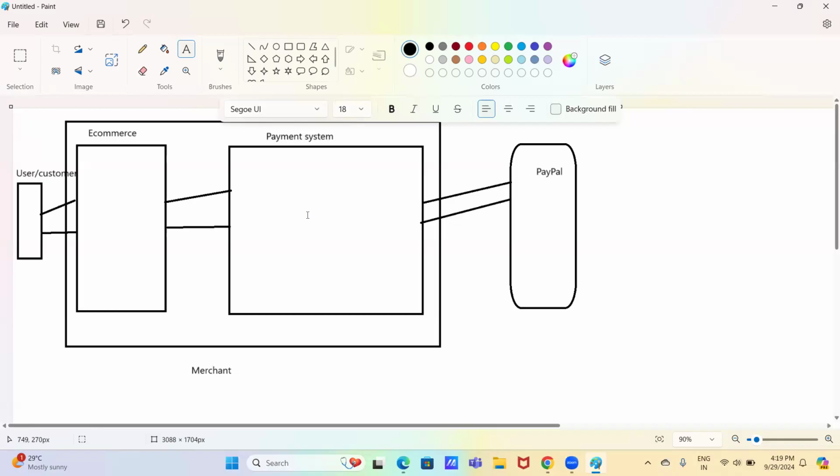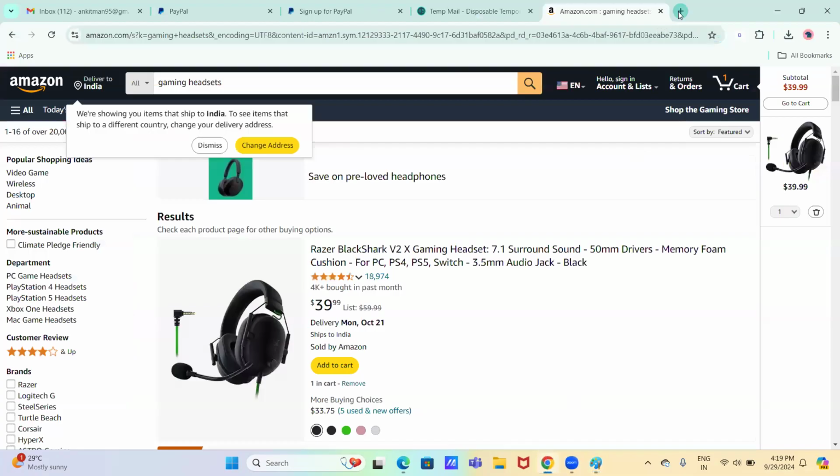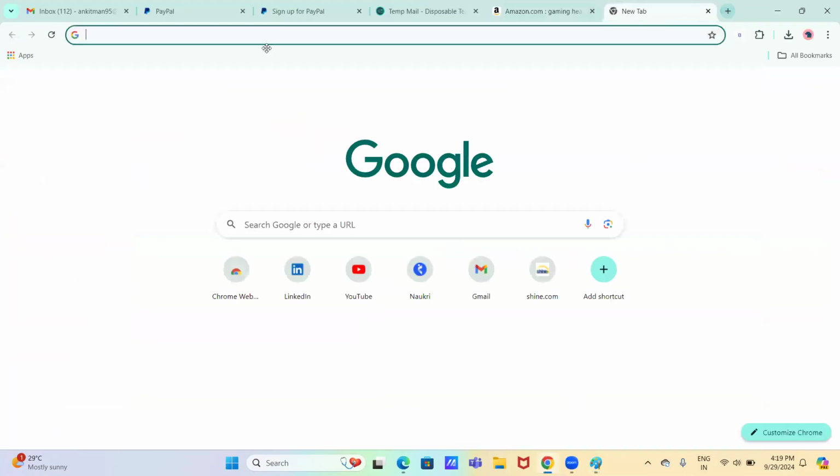That document will be in the form of a PDF also, right? As well as being hosted on the website, so anybody can access it. In our case, we have PayPal as the payment service provider, so PayPal has already given a document, right? That is